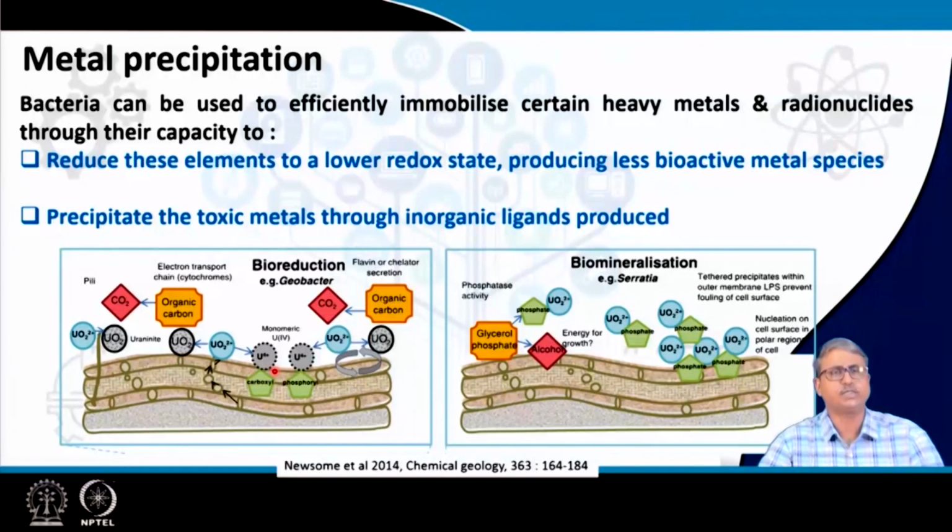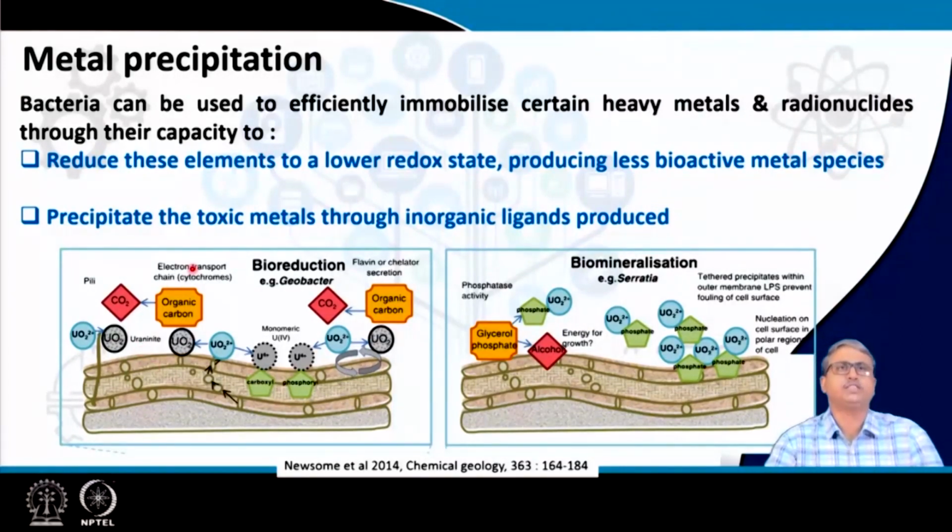So, this is found to be one of the best ways even for in situ bioremediation, because it has been found, and I will discuss that briefly, that by providing a suitable carbon source, and if you have the appropriate microorganisms who can use their cytochromes or flavin based systems to transfer the electrons and reduce the uranium species or chromium species like hexavalent chromium to trivalent chromium, or uranium 6 to uranium 4, then uranium 4 will precipitate in the exterior environment, and that will remain in a precipitate form unless and until it is reoxidized. So, that part I will also talk briefly.